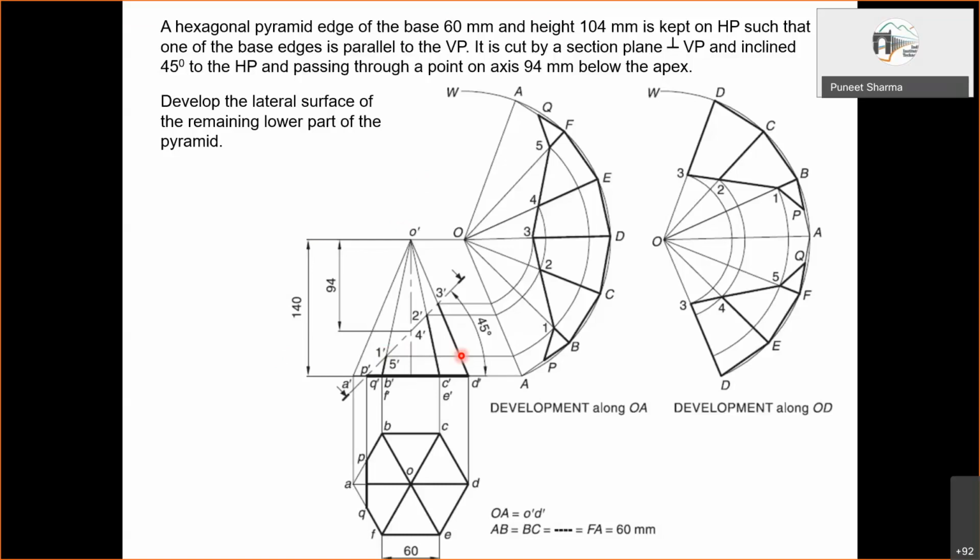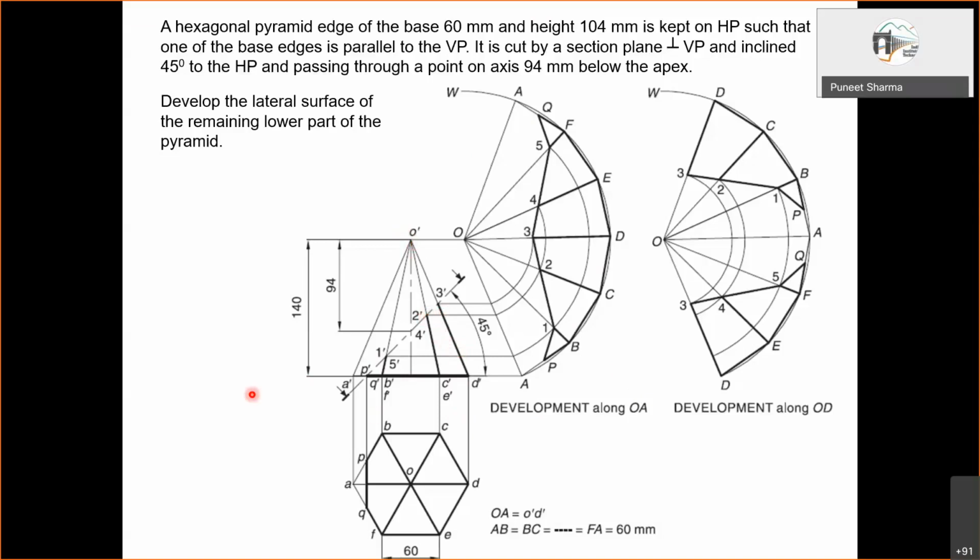One thing let me make clear here: after projecting 1 dash and 5 dash here, the development is continuing. Drawing it here itself is not necessary. You can draw it anywhere, as per your space availability. But you have to ensure that O-1 dash or O-5 dash, you measure by projecting them on this true length edge. We'll measure it from here up to this point. So this is something which is to be maintained. Same is to be done for 2 dash 4 dash. Project here, then mark on the relevant one.